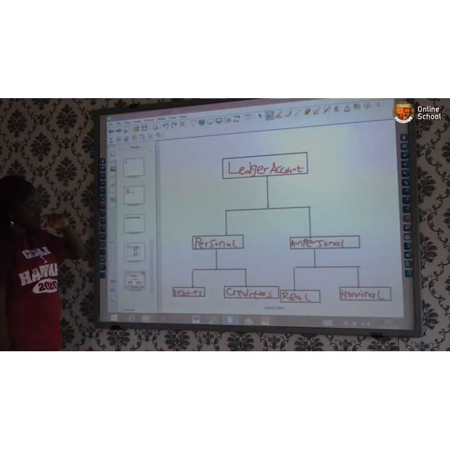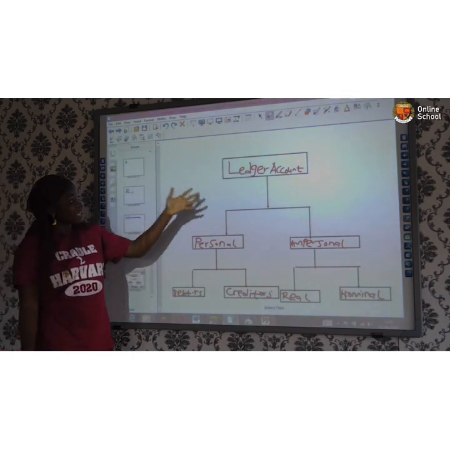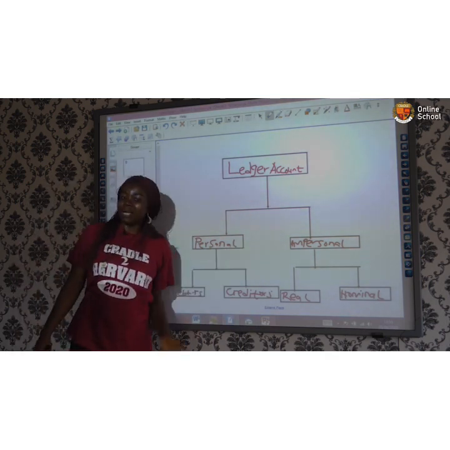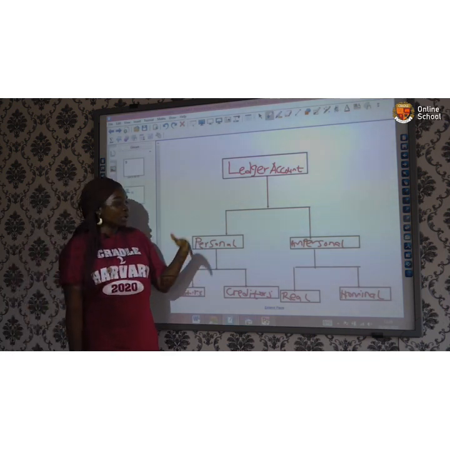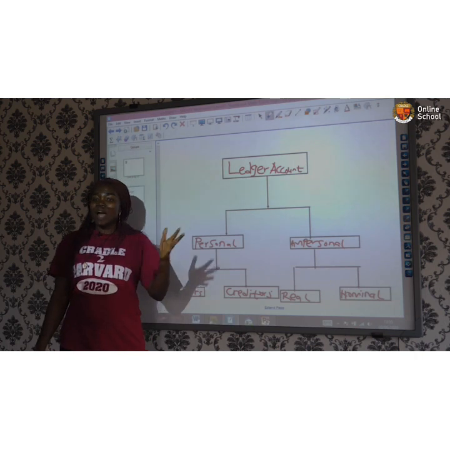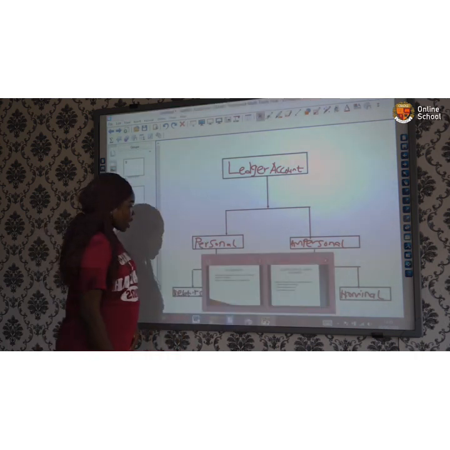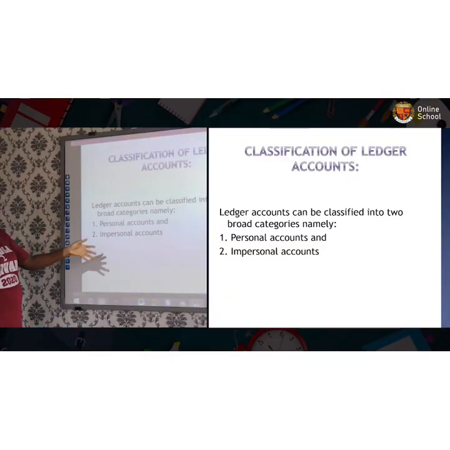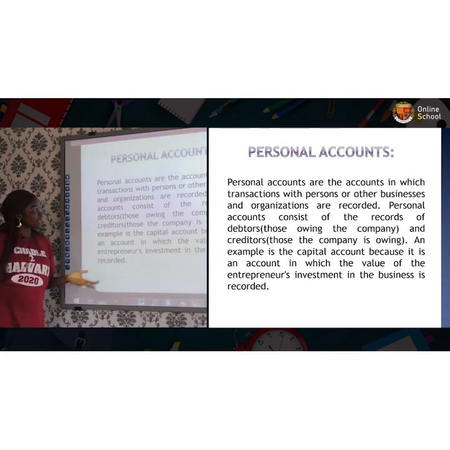So looking at our board now, we'll see a typical example of a ledger account. A ledger account which is divided into two equal parts, the personal and the impersonal account. And under the personal account, we have the debtors and the creditors. Then under the impersonal account, we have the real and nominal account. So going back to our explanation, which is the two classification of ledger account, then we'll move forward to explain the personal account and what creditors